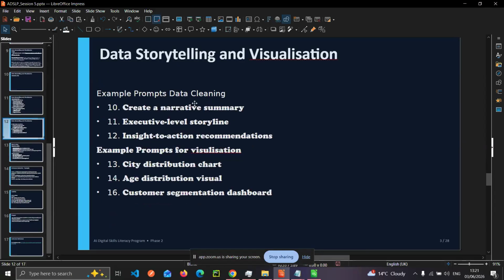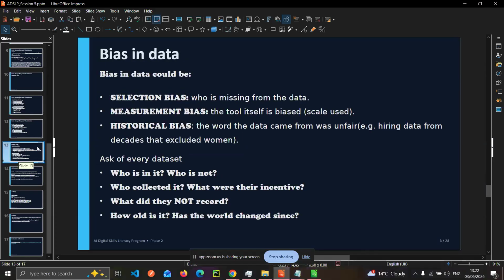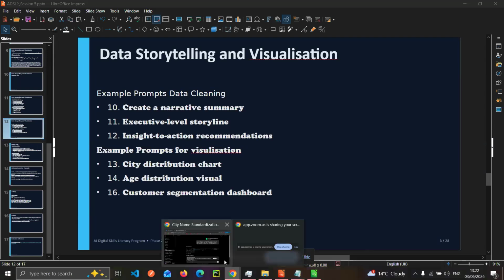Then we could also write prompts to create a narrative summary, an executive-level storyline, and insight-to-action recommendations. We will also write prompts for city distribution charts, age distribution charts, and a customer segmentation dashboard. I'm going to do a few of these due to time constraint. I won't run through everything, but I'll do one prompt per section and see the output.